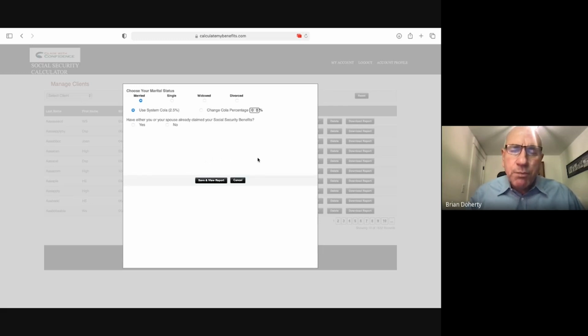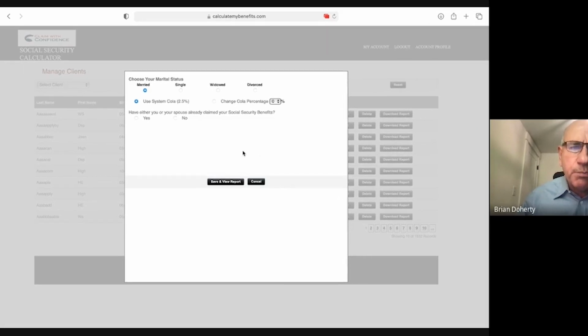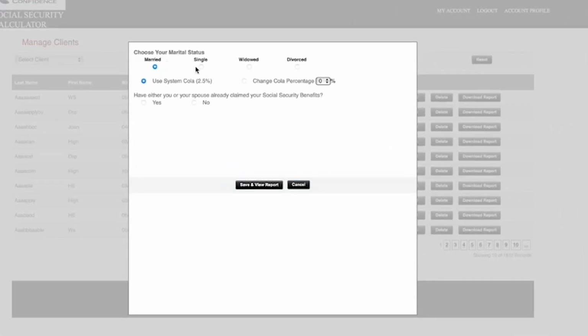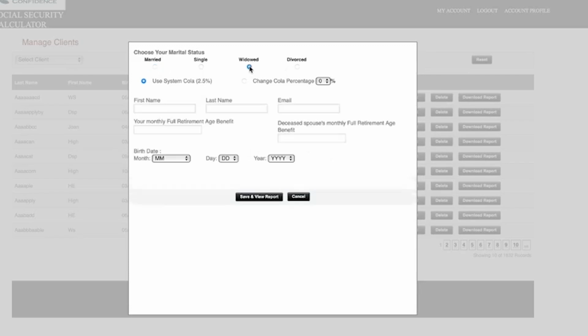So when you purchase the Claim with Confidence package, you'll have access to the Claim with Confidence calculator. And this is the input page. The first thing they're going to ask you for is your marital status: married, single, widowed, or divorced. Today, we're going to be demonstrating a widow or widower case. So you click on the widowed button, and you can see now this pops up